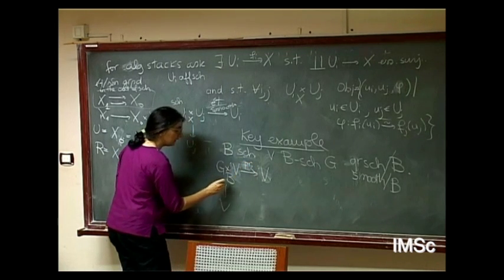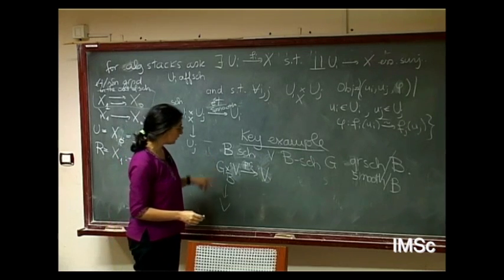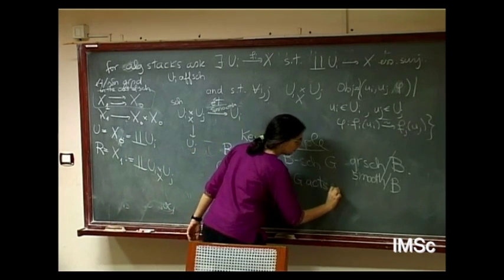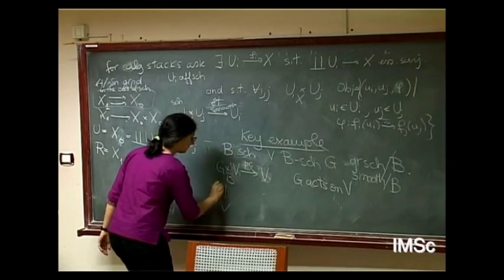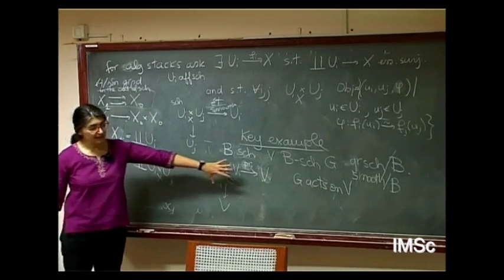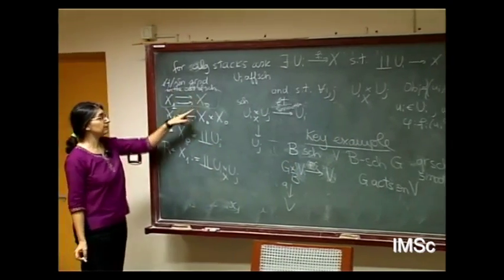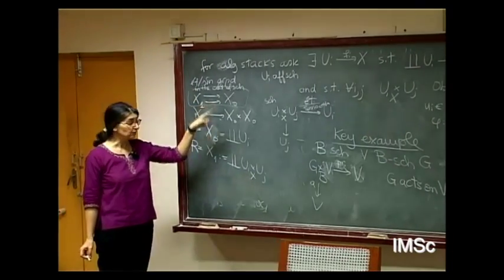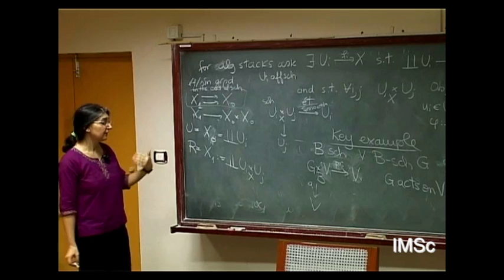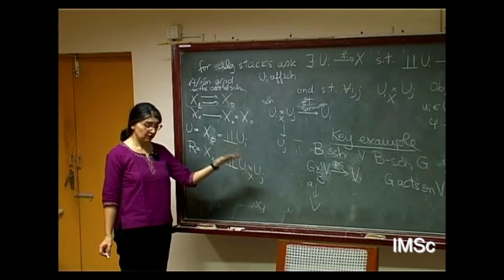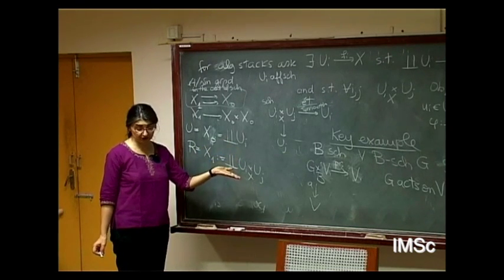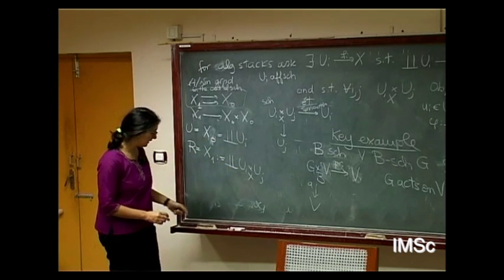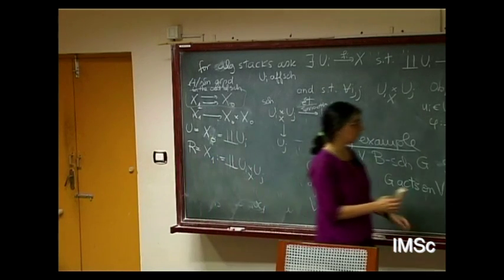And now I'm assuming that G acts on V. What I claim is that this defines precisely such a generalized equivalence relation. And what I want is to produce the quotient. What is the corresponding quotient stack? And to describe what it is,